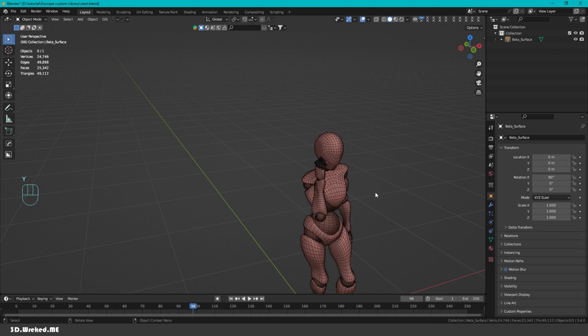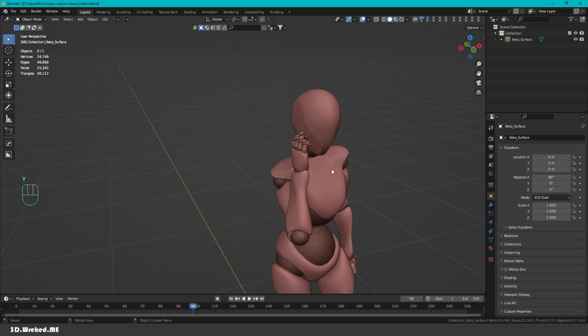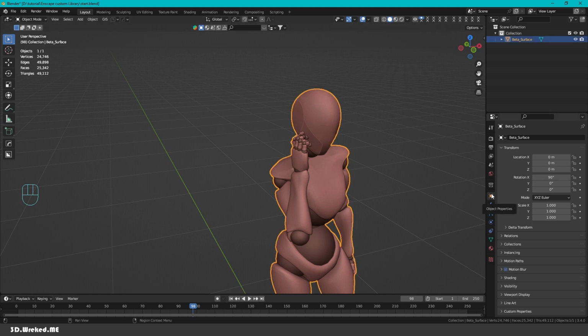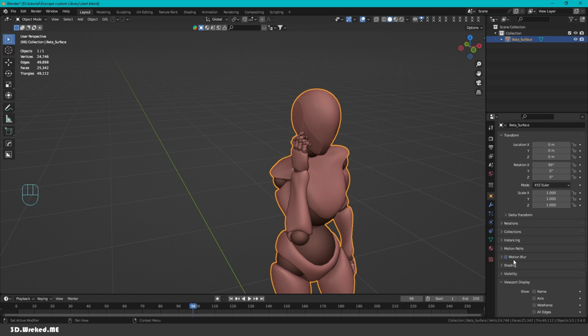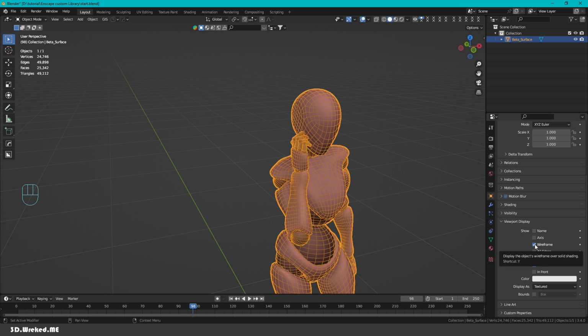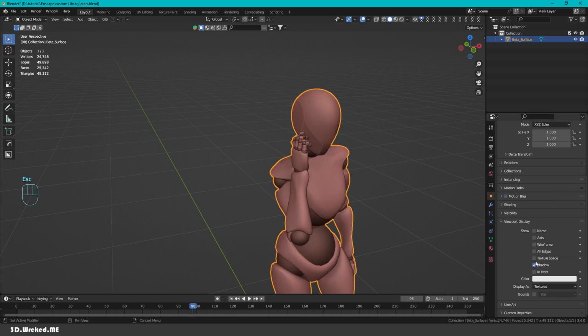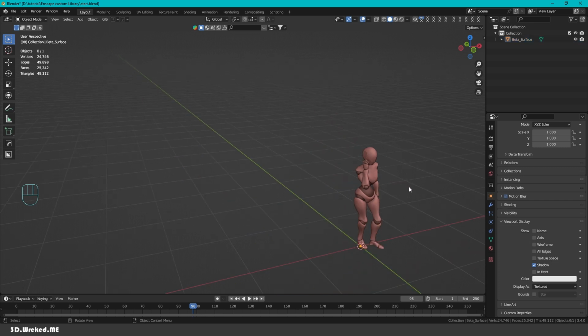I have Y binned to show the wireframe, but if you want to show the wireframe in your model, just select it, go on the object properties, go in viewport display, and then you have wireframe here. If you right click, you can set your shortcut to wireframe. Okay, so now